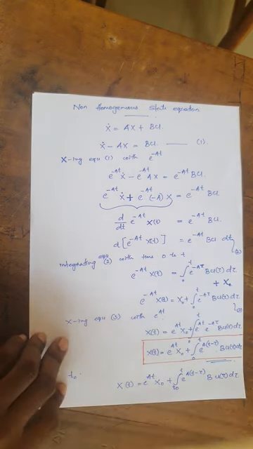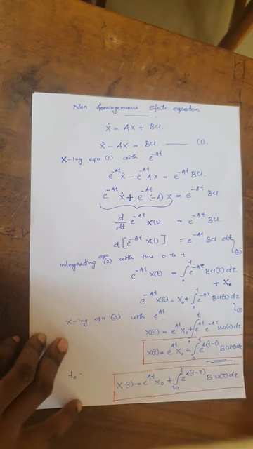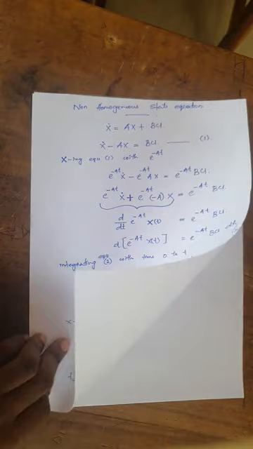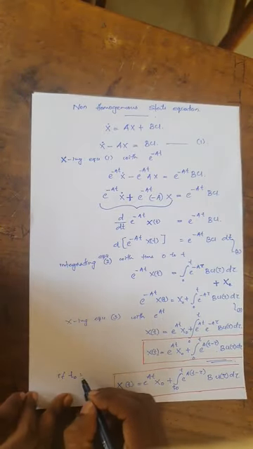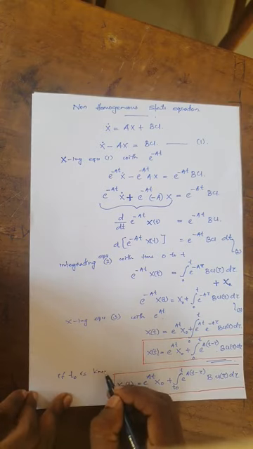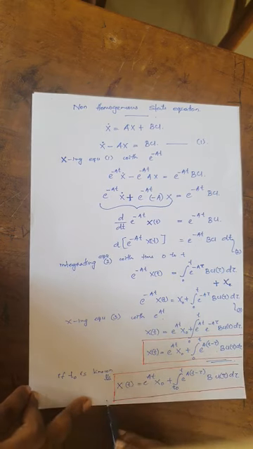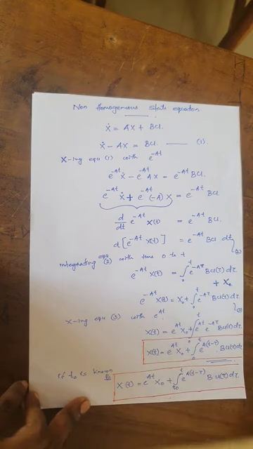This will be the solution of state equation. Here if t0 is known, we can write this solution of state equation like this. Otherwise the solution of state equation will be like this, from 0 to t. Okay, got it.